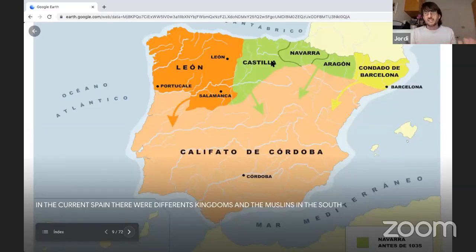Castilla means in English Castile. And next to Castilla, Leon. Leon means lion. Different kingdoms, only on the north of the current Spain, and they were fighting against the Muslims,